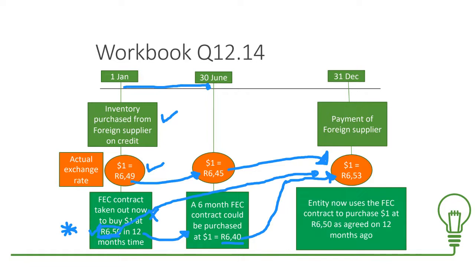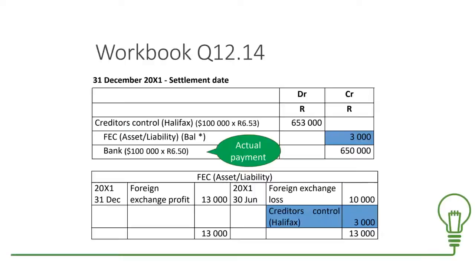So this is what the journal entry is going to look like, right? The journal entry is going to say we pay the bank with the 6 rand 50 amount, right? This is the amount that actually leaves our bank account. Okay, we've got this